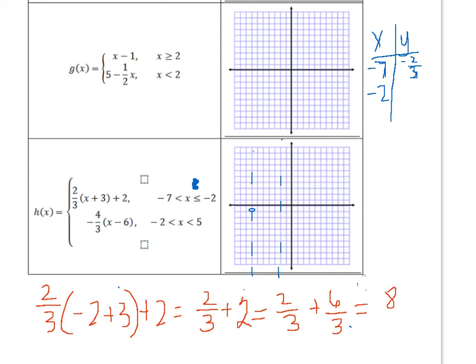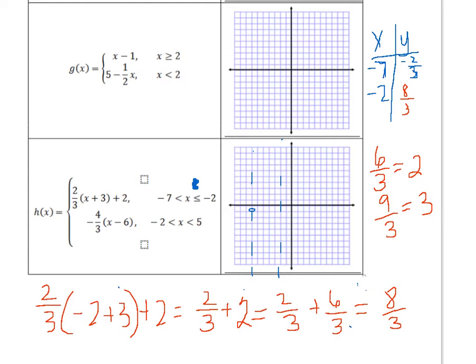So when I add those two up, I get 8/3. And if I think about this, 6/3 is equal to 2. And 9/3 is equal to 3. So 8/3 has to be in between 2 and 3, and it's going to be closer to 3 than it is to 2. So I'm going to pick up my blue dot again,